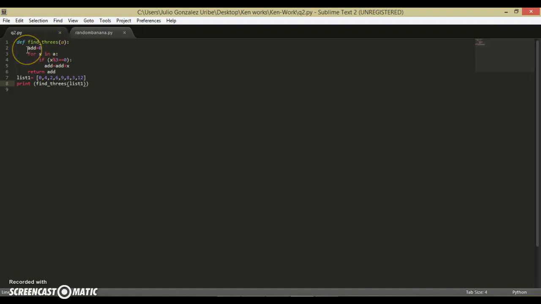Now this add, this add is at equals 0. So here's the important thing: for any value that's going to be on x, so x is the number that's going to be inside the a. In a, in this case we put find threes and the a is going to be list 1. So for any values in the list 1,